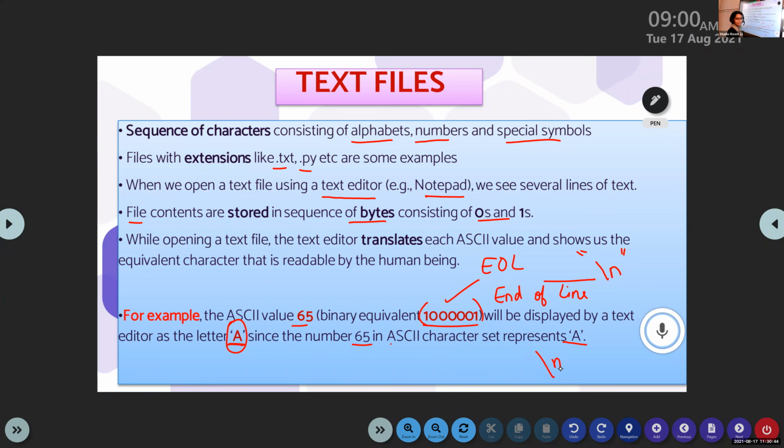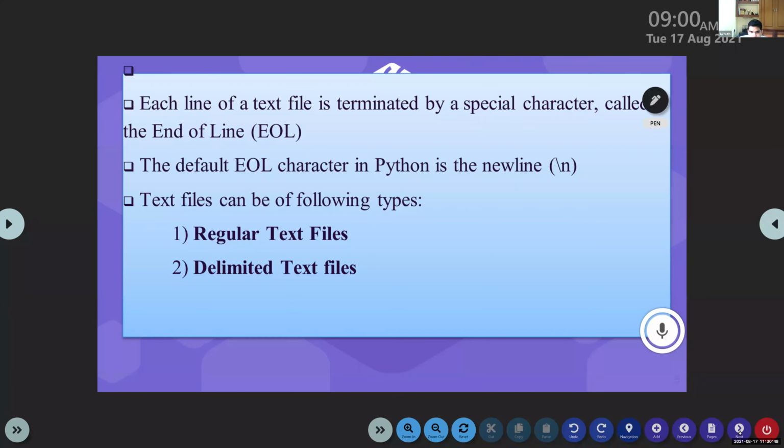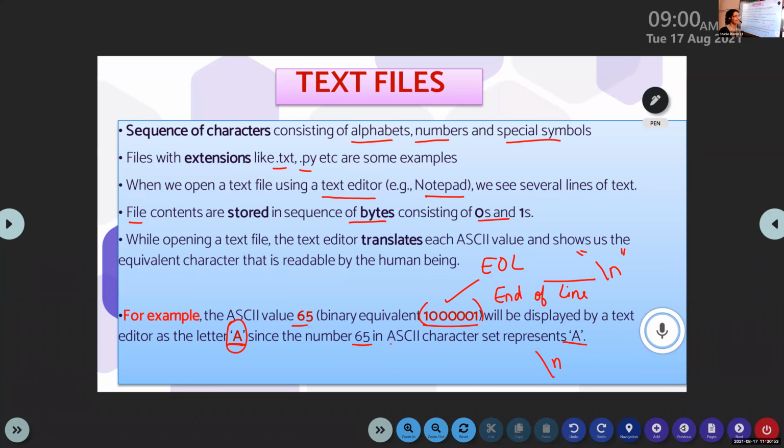Yes, ma'am, but not completely. Not completed. You are writing each and every line. No need to write. It is all in your text. Note down the important points. So here the important points are this one. This point is important and you can write this also. After that, please write this. EOL stands for end of line. That is one of the important points regarding this.